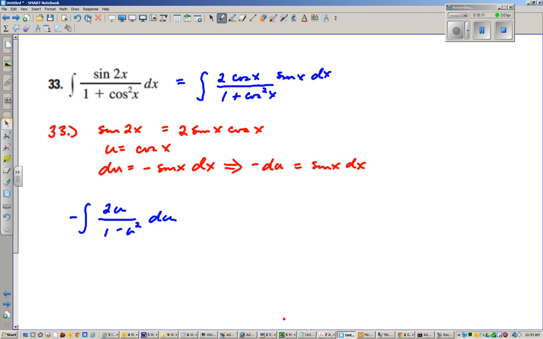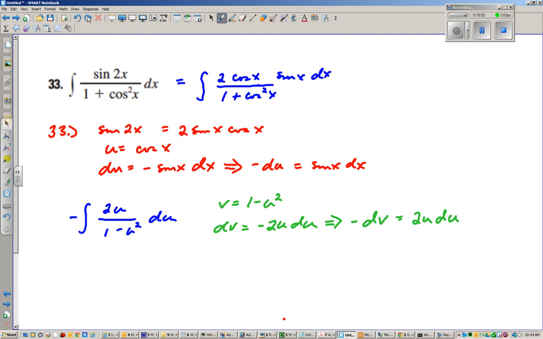Now, as I continue to examine that, I notice that I could do another round of substitution to solve this problem that I've written in blue here, written in the variable u. So this time I'm going to let v equal 1 minus u squared. And then dv would equal negative 2u du,